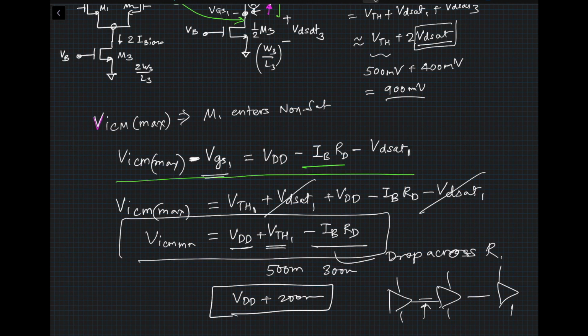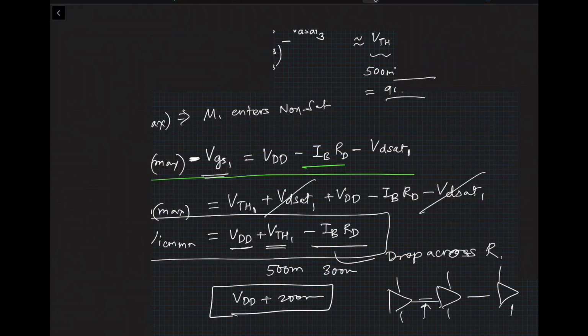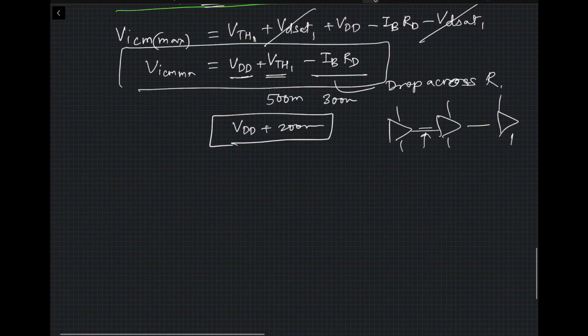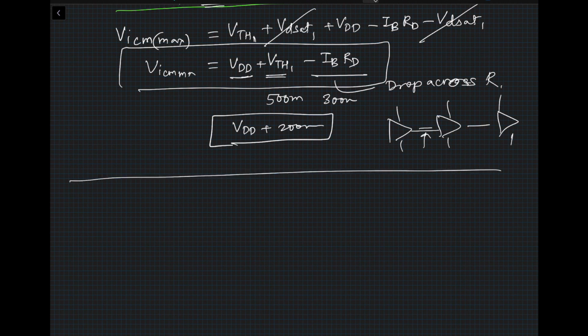So what this particular calculation is telling you is that when I go up for an NMOS transistor diff pair, then I don't have to worry about it as much. It's only when I go down, when I'm trying to look at the minimum voltage, that I have to make sure my current source stays in saturation. So that puts a limitation over here of 900 millivolts. We can do a similar analysis for BJT, and I'll leave that for you to do.